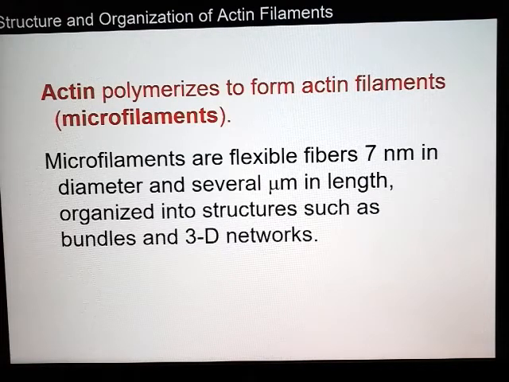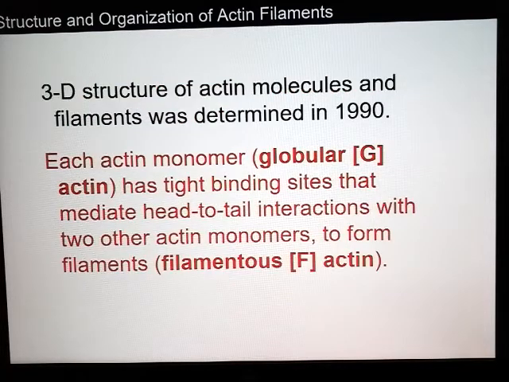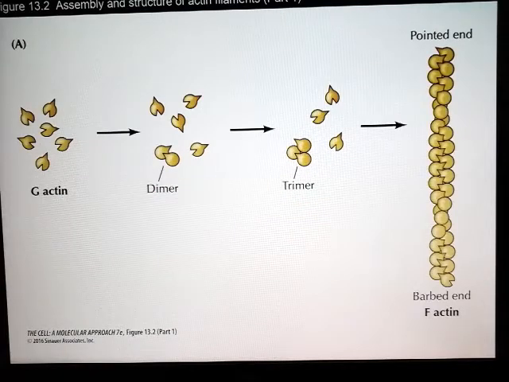And they're flexible fibers about 7 nanometers in diameter and several micrometers in length. So the 3D structure of these guys is pretty cool. Each actin monomer has a tight binding site that will mediate what's called a head-to-toe interaction with two other actin filaments. And if you take a look here, you've got G-actin, and then you've got some dimers that will form,